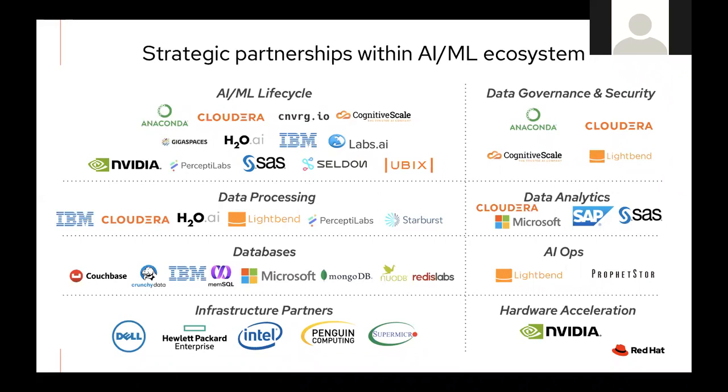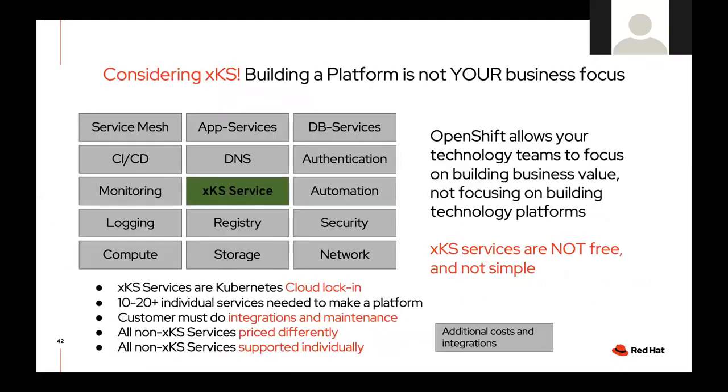Why? Because OpenShift provides the most advanced, optimized platform to run and scale your AI machine learning platforms versus a traditional virtual or a physical workload, right? It's the new way of deploying and scaling these workloads. So again, you can reach out to Red Hat directly or Red Hat partners to get more information around that.